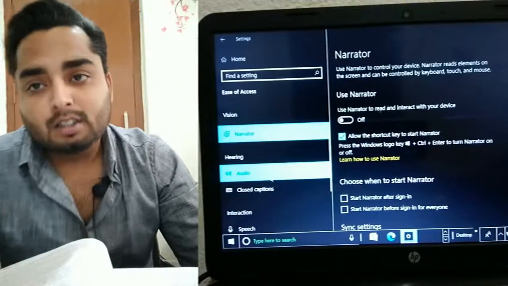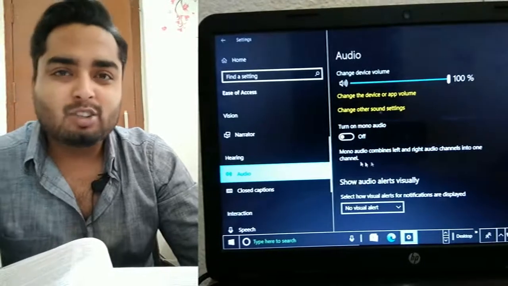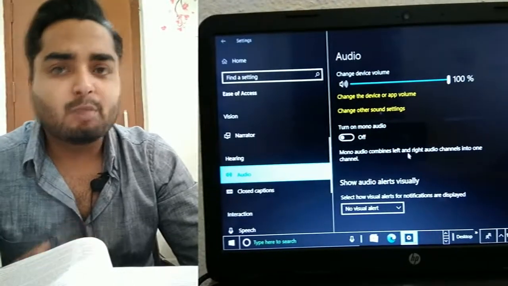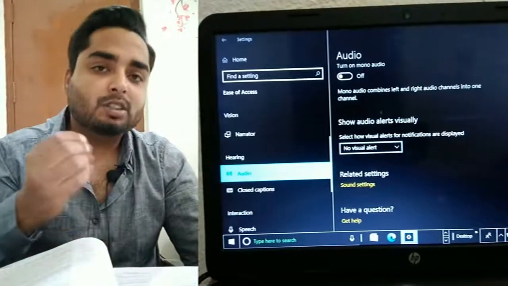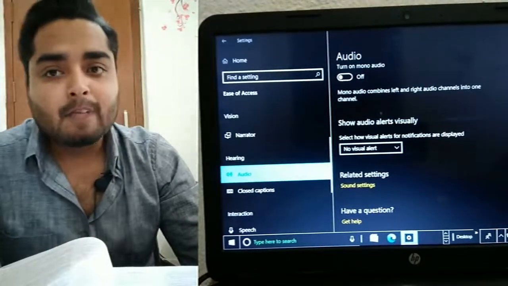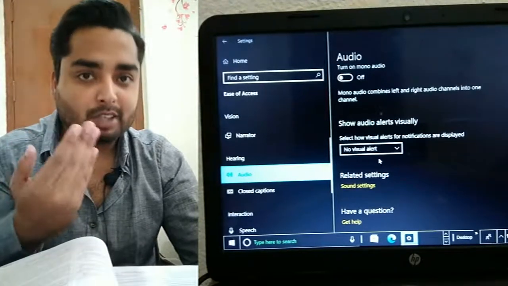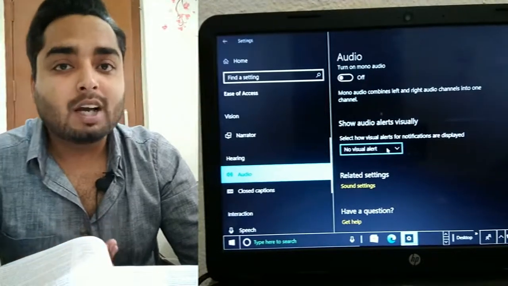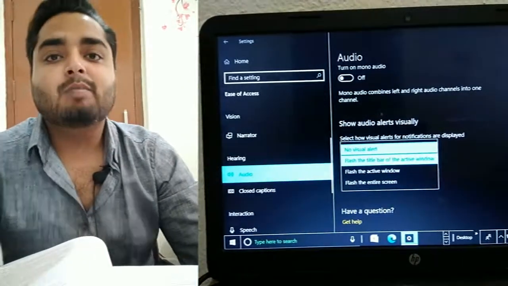Now, in hearing, we can see the audio option. That means we can change the device, or choose mono audio or simple audio. These are the options for hearing impaired persons, who cannot hear a particular thing. There are also visual alerts here. What are visual alerts? They flash the title bar or active window.